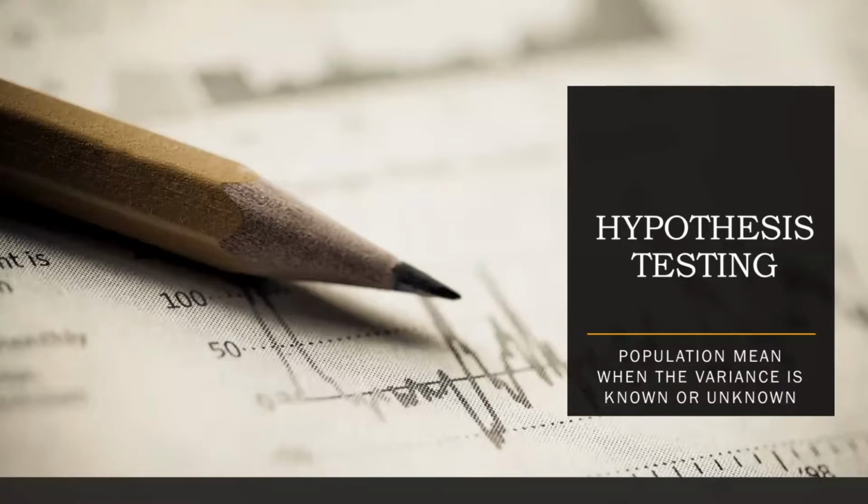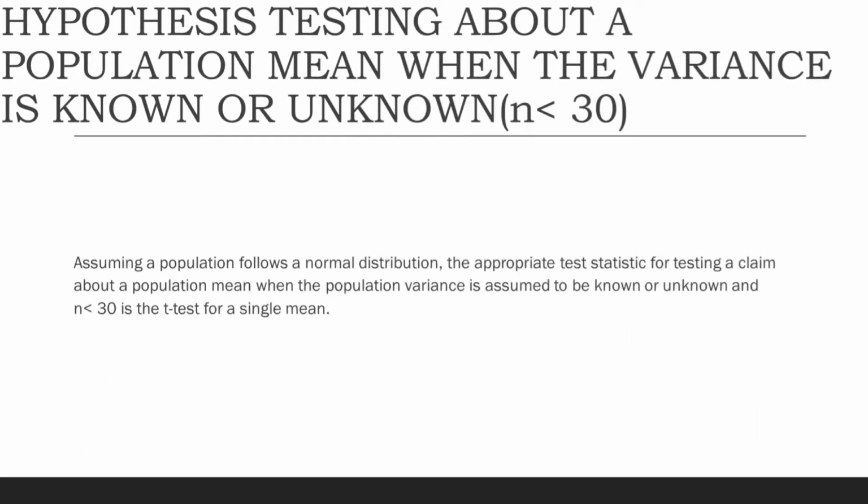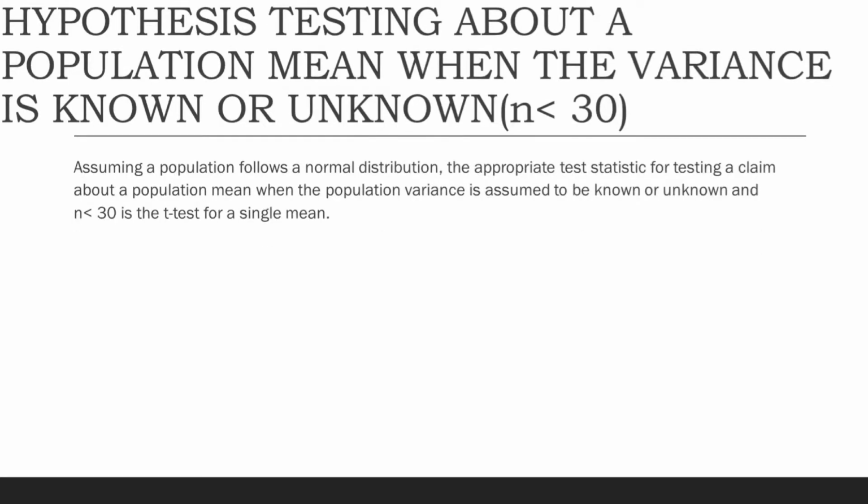Hypothesis testing. Population mean when the variance is known or unknown and n is less than 30. So, for this lesson, ang kukunin naman natin if kapag yung n natin is less than 30. So, assuming a population follows a normal distribution, the appropriate test statistic for testing a claim about a population mean when the population variance is assumed to be known or unknown and n is less than 30 is the t-test